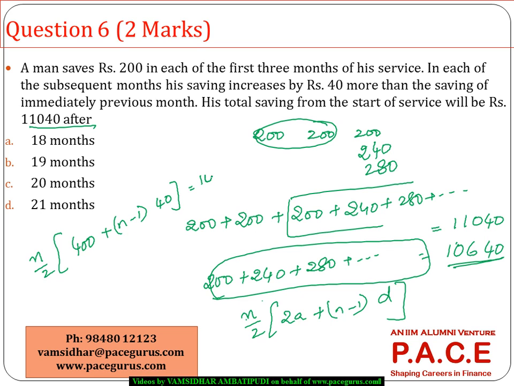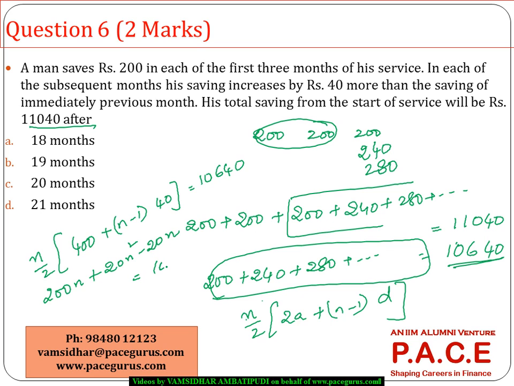This is working out to 10,640. So if I expand it, it's nothing but 200n plus n into n minus 1 by 2 into 40. So 20n squared minus 20n